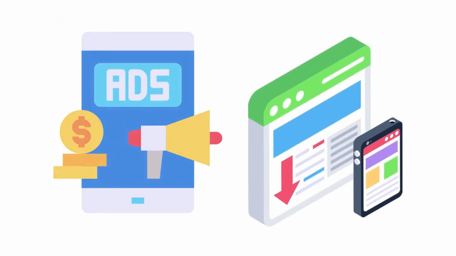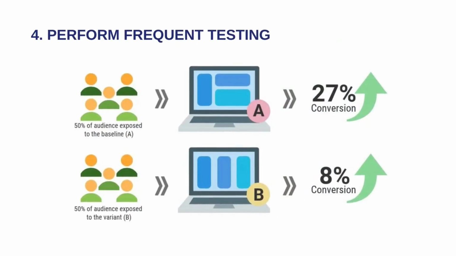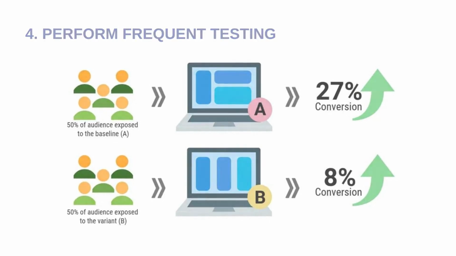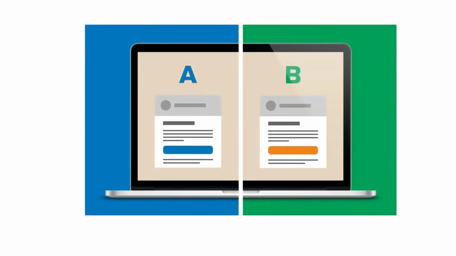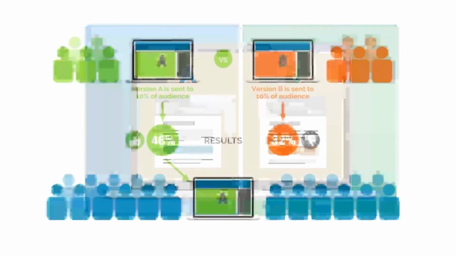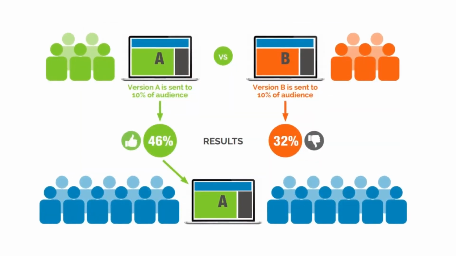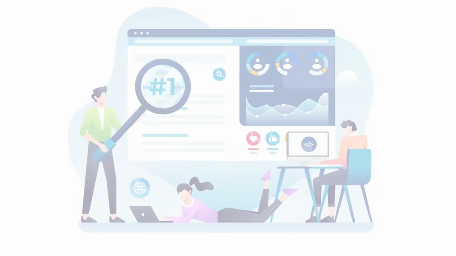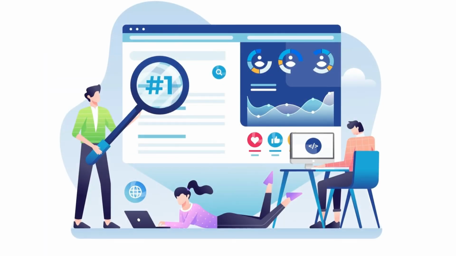4. Perform frequent testing. One of the best tips for increasing your PPC conversion rate is to A/B test your landing pages. In an A/B landing page test, you create 2 variations of your landing page. Then you show each version to a different randomized audience to see which one performs better. You can use the highest converting version and use the insights to inform future campaigns. You can test many aspects of your landing pages, from your images to how you phrase your CTAs to your offers themselves. Many marketers test slight